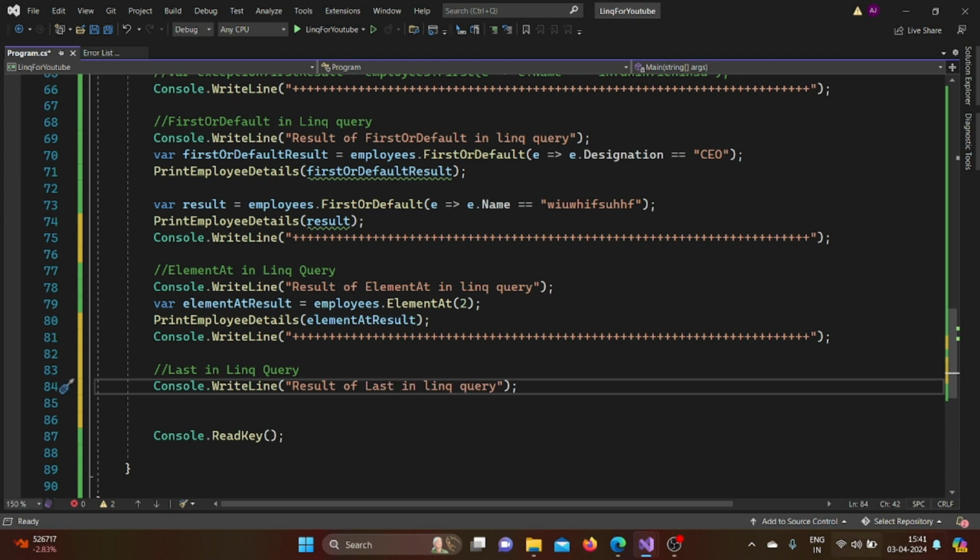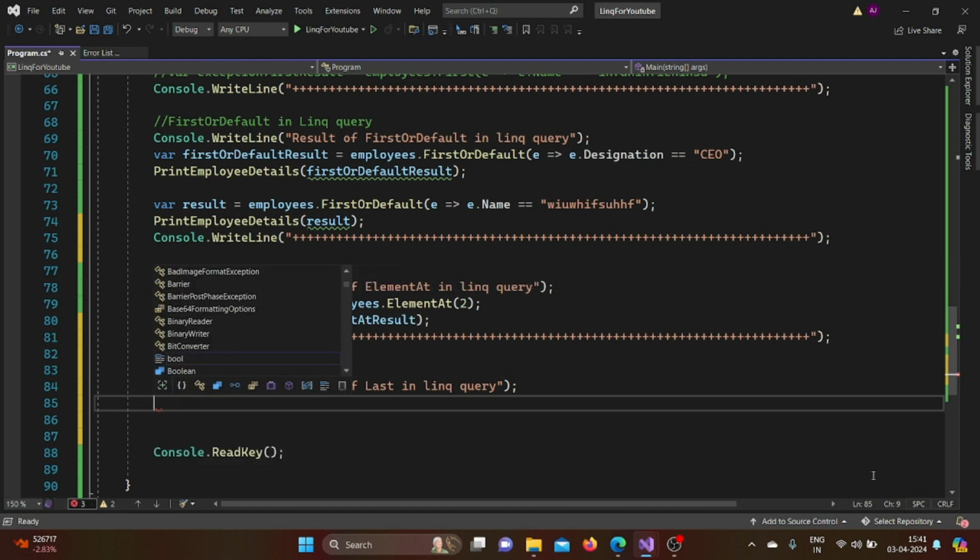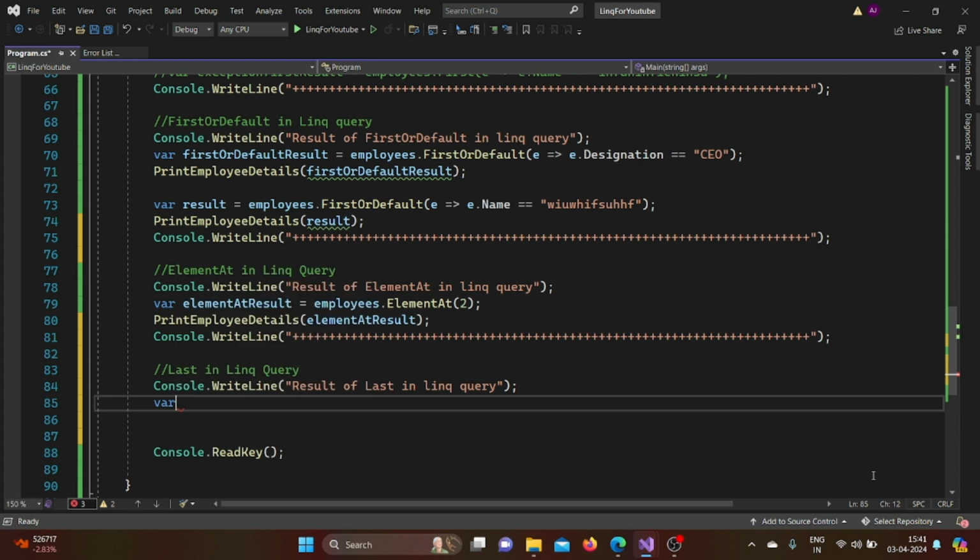So just as with first, the last method will return the last element in the collection. So whatever condition we will provide, based on that it will return us the last element of the sequence for the particular condition. So I'll first declare a var of last result,